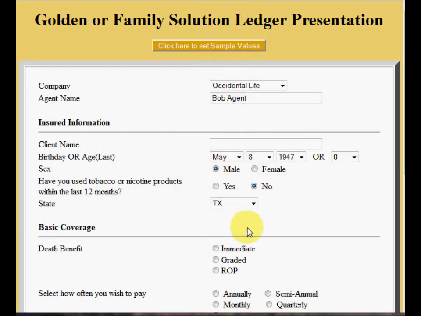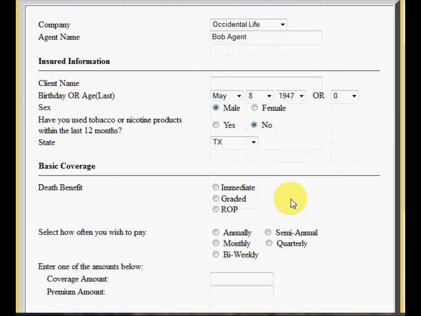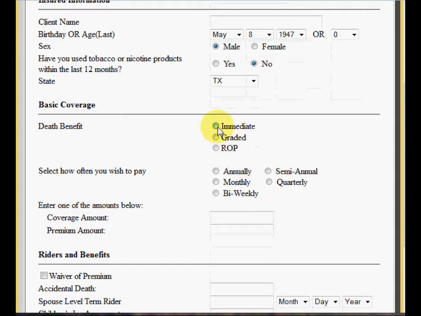So we're working with this right now, and I would always prefer to work with a specific date of birth versus the age over here. It minimizes the chances of making a mistake when quoting. Once we talk to the customer a little bit, you can then decide whether you would be return of premium, graded, or immediate. For practical purposes, we're just going to work with the immediate right now. We're going to go with a monthly